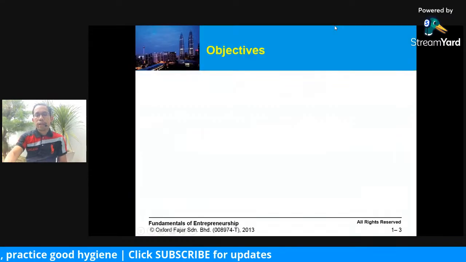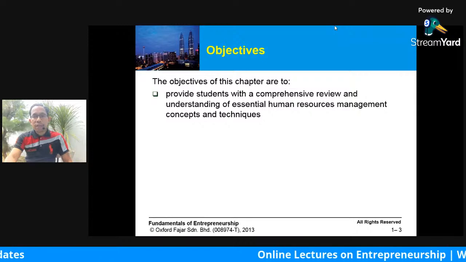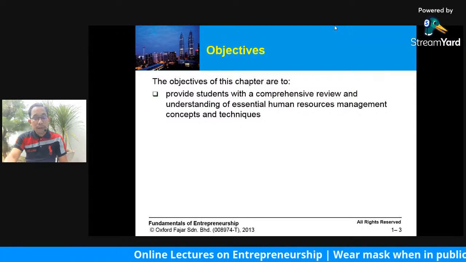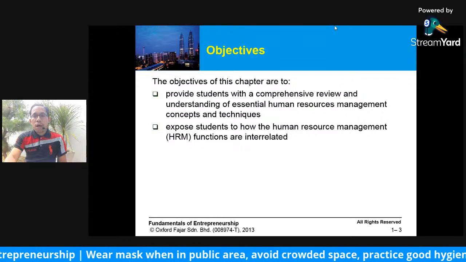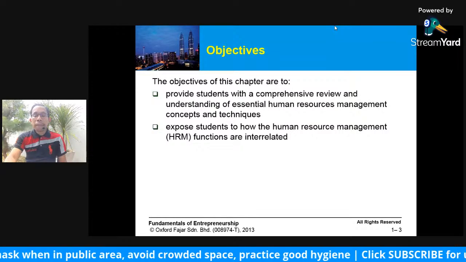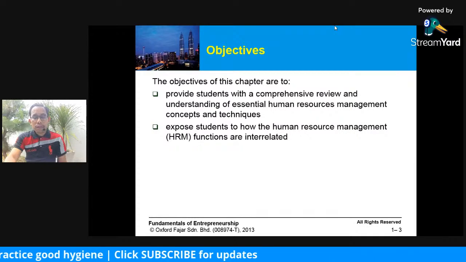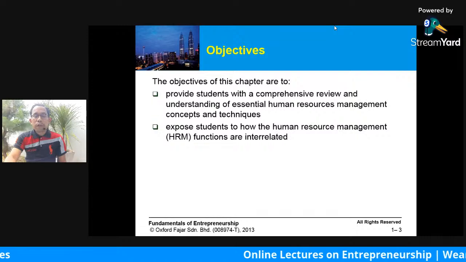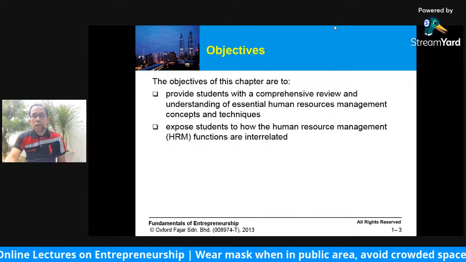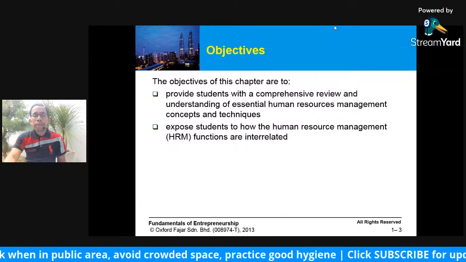Then this chapter is about human resource management. The objective of this chapter is to provide you with a comprehensive review and understanding of essential human resources management concepts and techniques. The second one is to expose to you how the human resource management functions are interrelated. To form any business, we need some functions to come together rather than standalone functions. For example, most people in marketing thought that only marketing, the best function, should run alone. But actually, when you start a business, you need people, you need